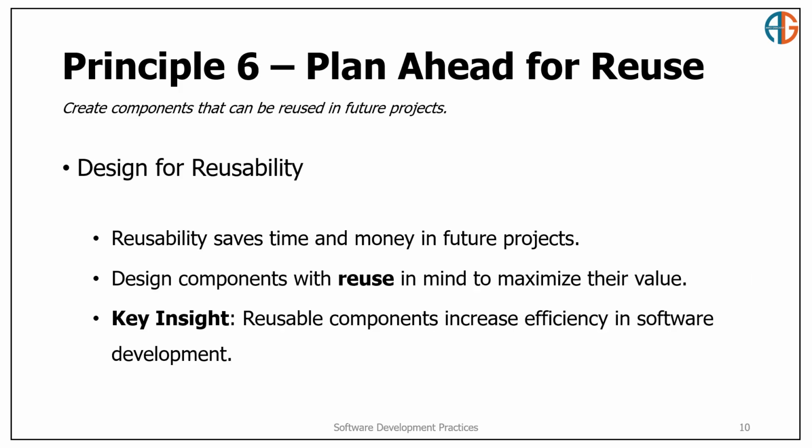Principle 6. Plan ahead for reuse. Design software components that can be reused in future projects. Reusability is a huge time saver. If you create components that can be easily adapted for other projects, you reduce the amount of redundant work in the future. Think of your code as building blocks that can be rearranged and reused, not just for this project